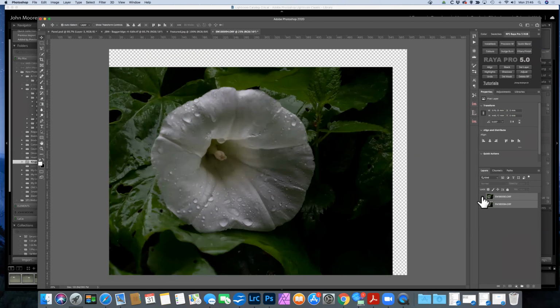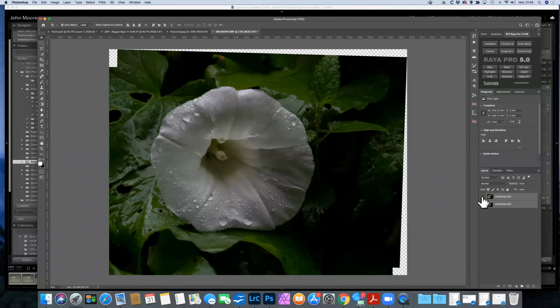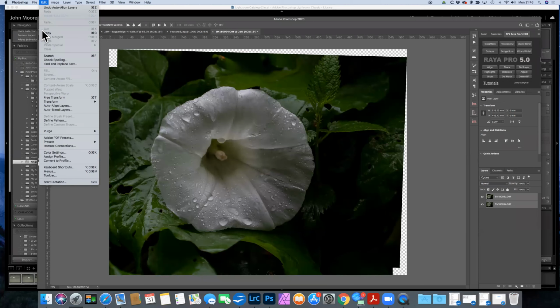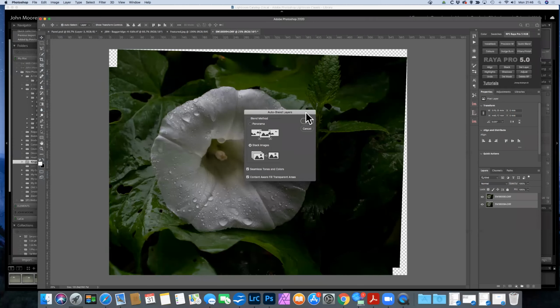Notice how the one is out of focus on the outer part of the petals, and the other is sharper on the outer part of the petals, the stamen's sharper, and so on. Now I'm not going to crop that, but if I go back to Auto Blend Layers and say okay to stack images,